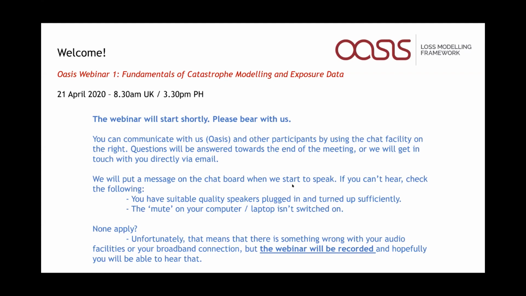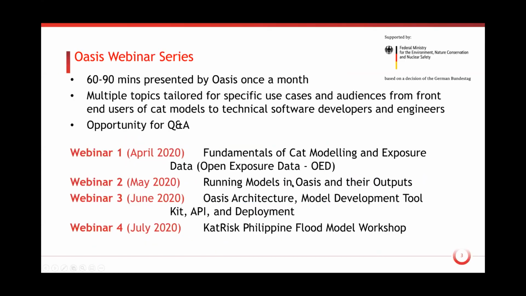Today's presentation is the first of 4 that we're going to be doing in a series, which will take you through the fundamentals of catastrophe risk models, inputting data for analysis, running risk models, and, before getting into more technical topics such as installing the Oasis platform, the architecture, and the Philippines flood model, which is being delivered as part